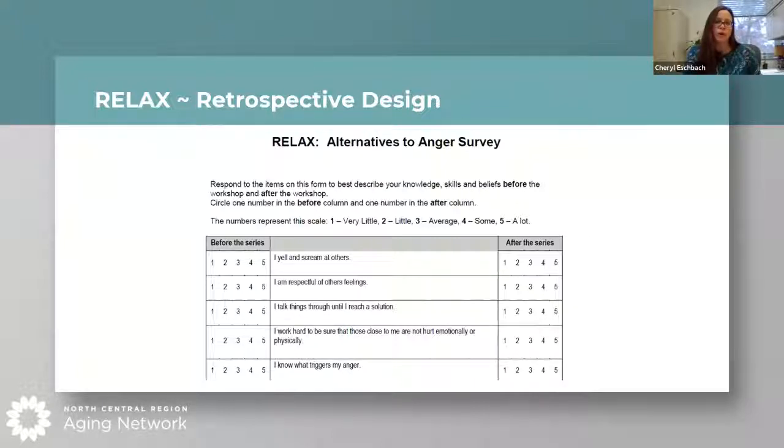So when you asked me before, I thought I don't do that. I'm respectful. And then as you taught me things in the series, I realized I could do this better. And so we saw a shift that their communication got worse at the end of the program, which again, is that response shift bias. So we went to a retrospective format,